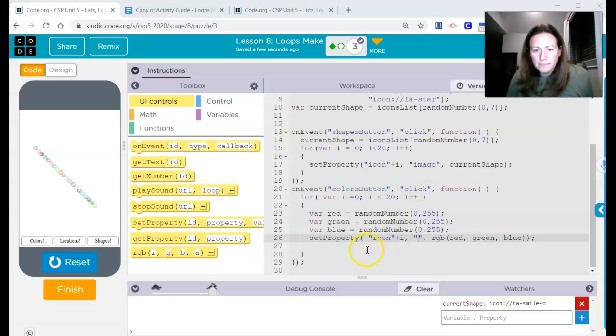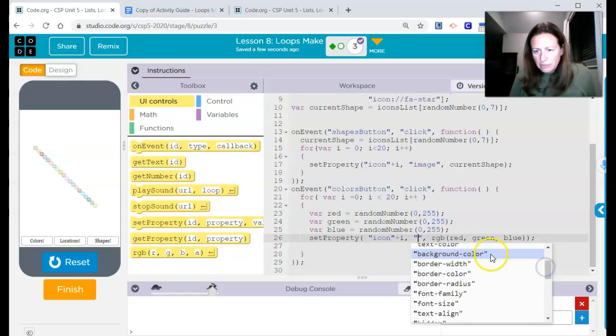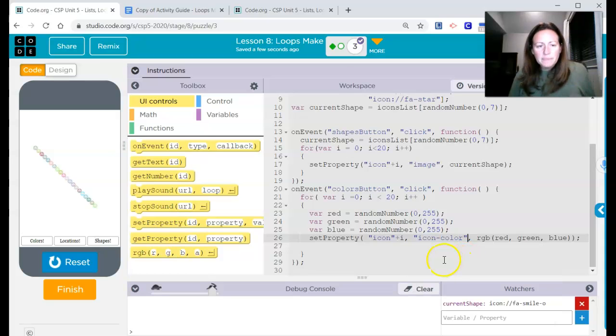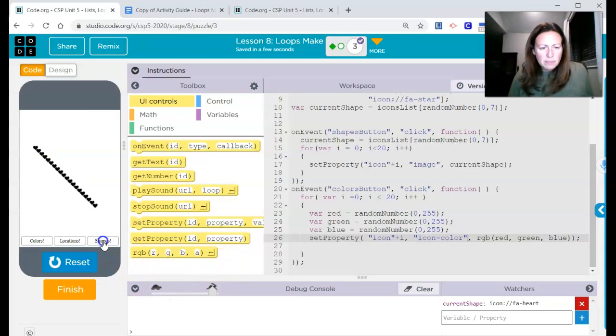that we want to change the color of, by putting these quotes here and just looking at the options that came up. There was background color, that didn't work. There was border color, that didn't work. Icon color is the one that works. Okay, so when you go ahead and run this, the shapes come up all one color to start with, black,